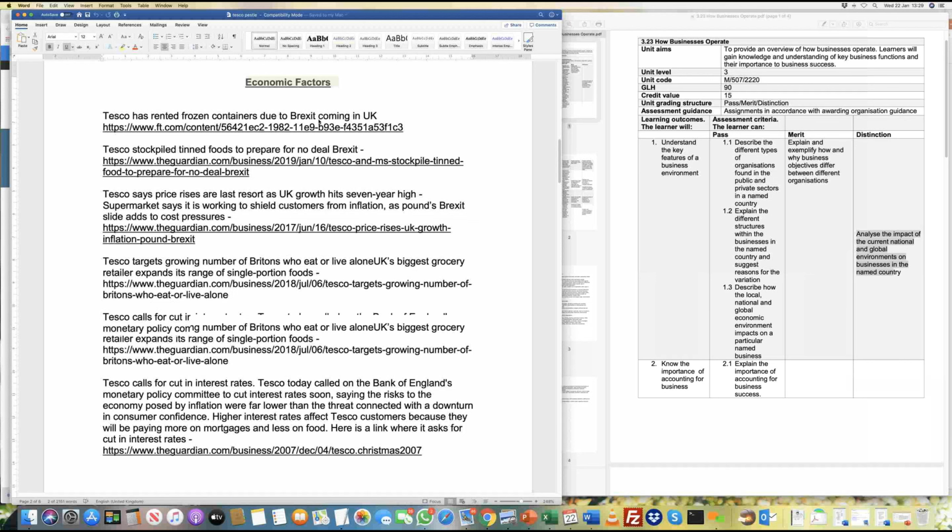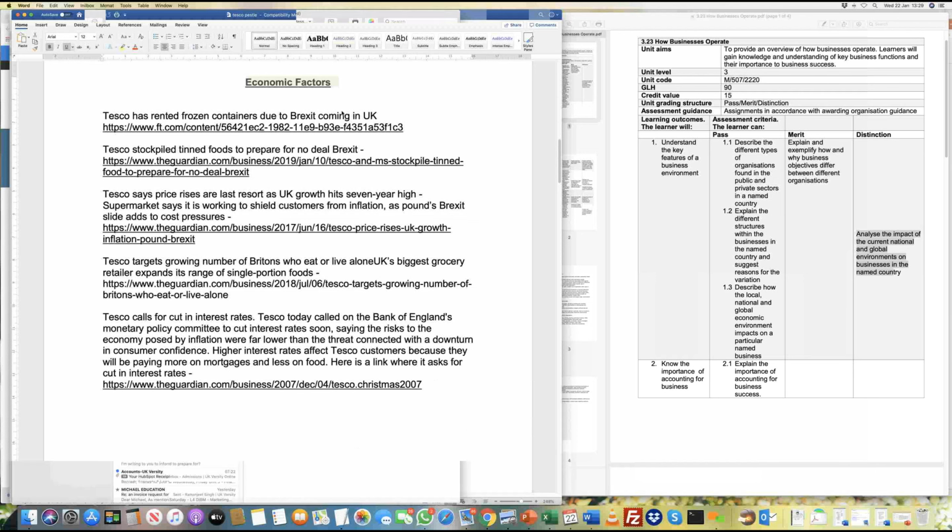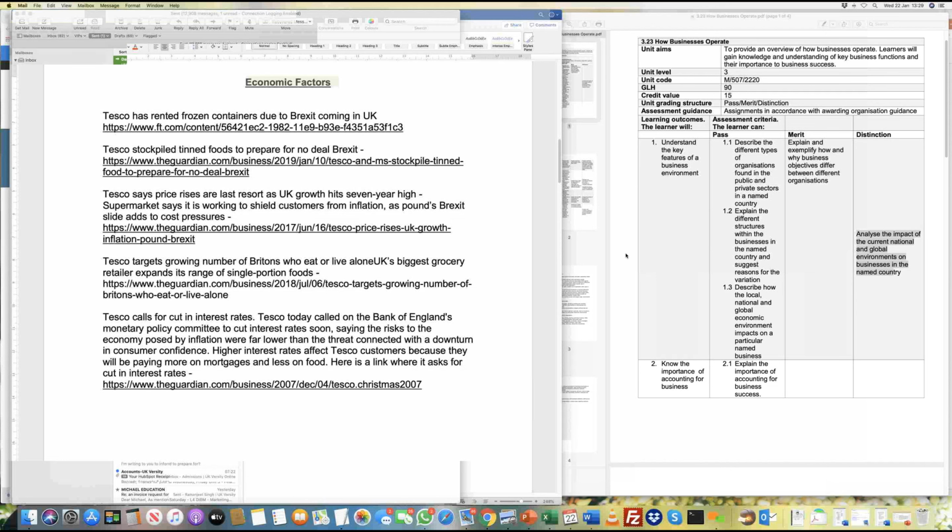Similarly, social factors. Now, social factors tend to be things which are related to, what do you think would be social factors? Social factors, such as generally the people around the business. Correct. So when we look at social factors, what we are looking at primarily,